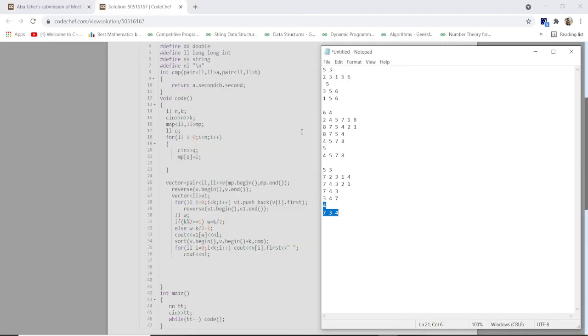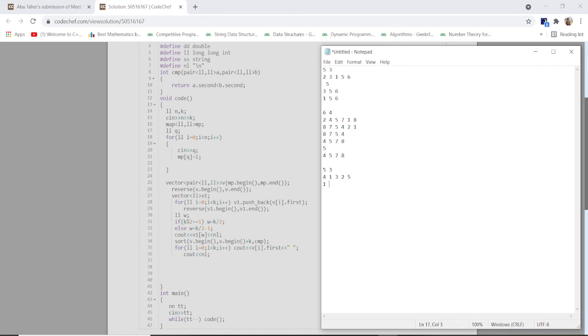Now I am showing my code. As you can see, at first I take a test case, and after that I take n and k, the length of the actual array and the length of the subsequence, and I scan them, and after that I take a map and store them with their index values. What does that mean? Suppose here I have 5 values of actual array length, and 3 is the subsequence length, and here I have, suppose, 4, 1, 3, 2, 5, and I put them into the map, so it will be like this: